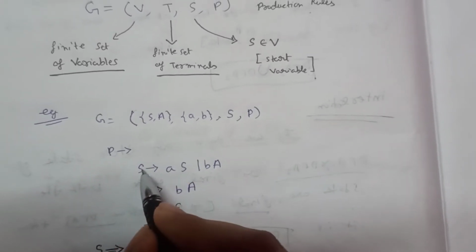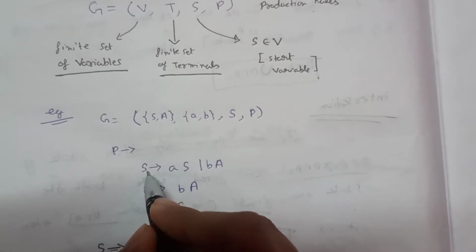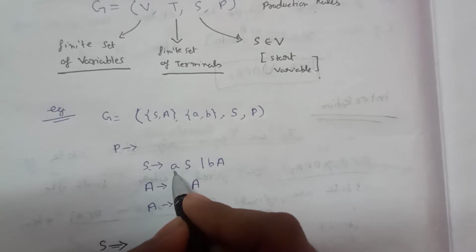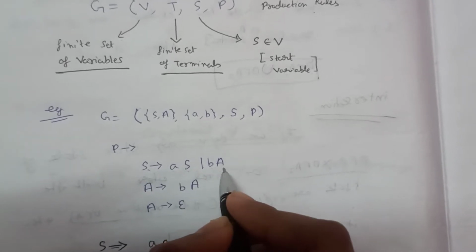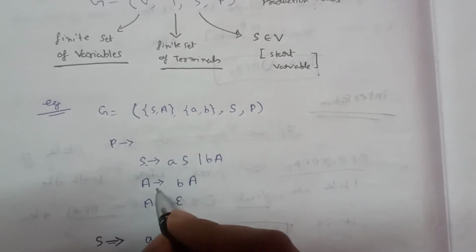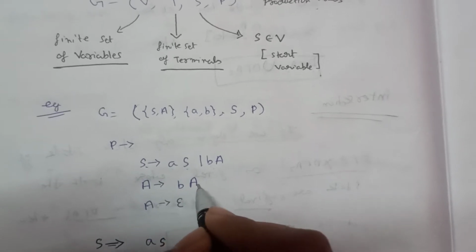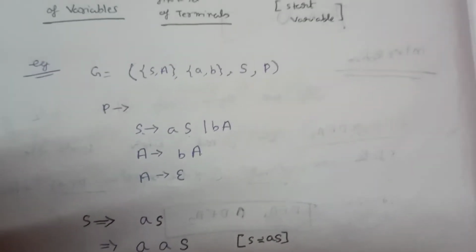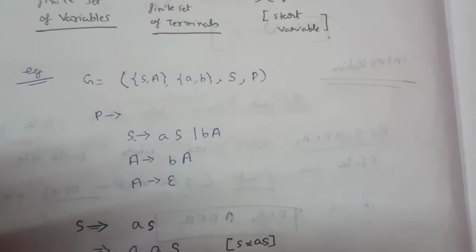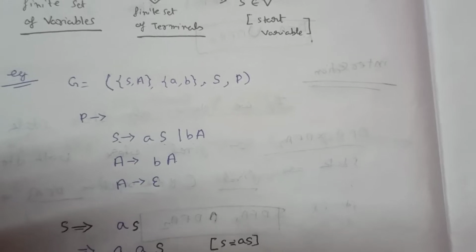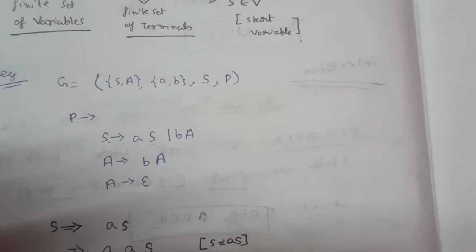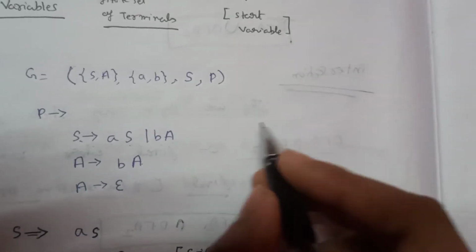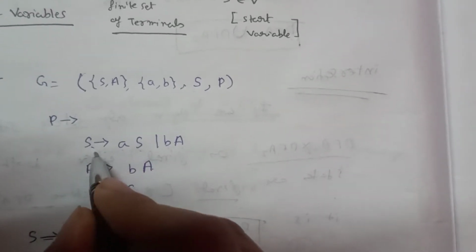So what are the production rules here? From S I can have two things. One is aS and bA, and again there is something like that, A to bA and A to null. How we make these production rules and what these things mean, you will get when I show you an example where I am converting these things. So first let's check an example from here. Okay, let's try to make an example.